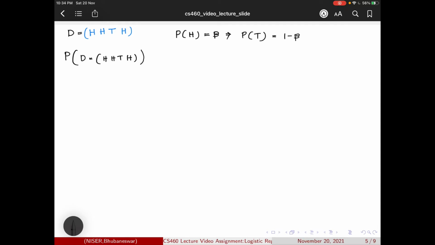So this probability can simply be written as the product of the probabilities. It will be given as this.